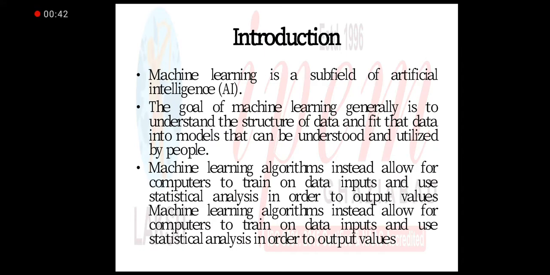In traditional computing, algorithms are sets of explicitly programmed instructions used by computers to calculate or solve problems. Machine learning algorithms instead allow the computer to train on data inputs and use statistical analysis in order to output values that fall within a specific range. Because of this, machine learning facilitates computers in building models from sample data in order to automate decision-making processes based